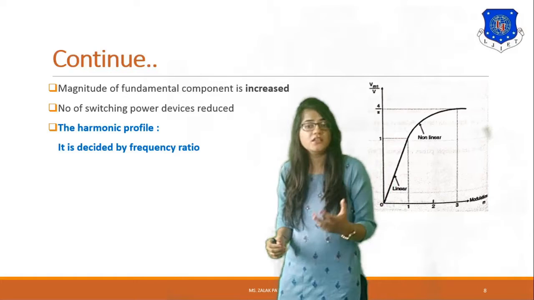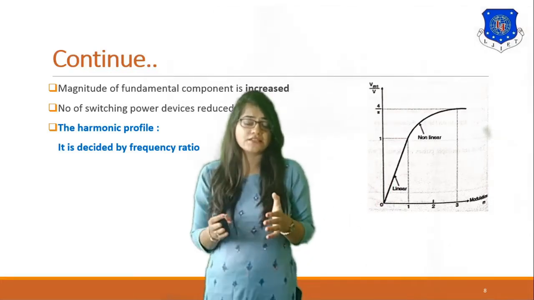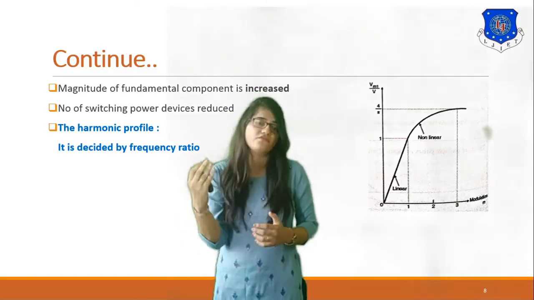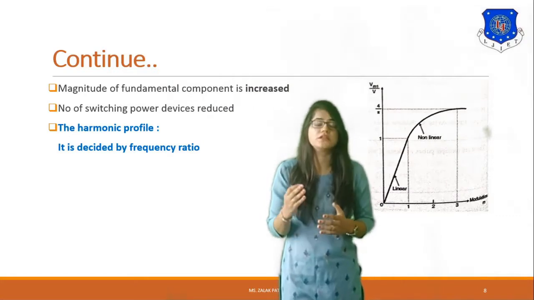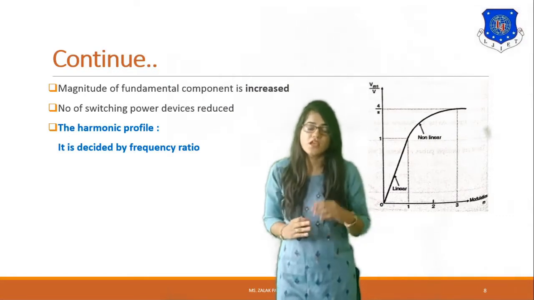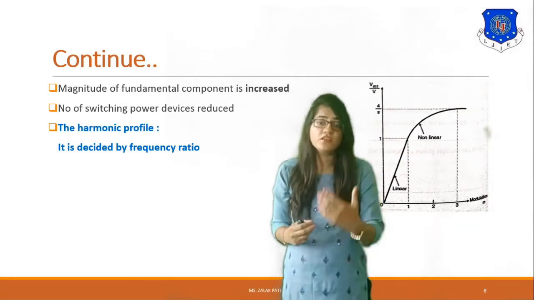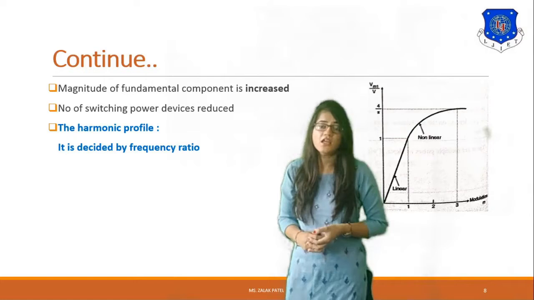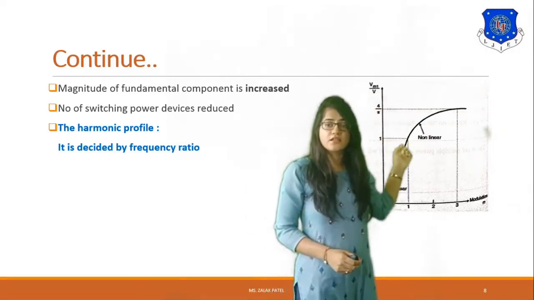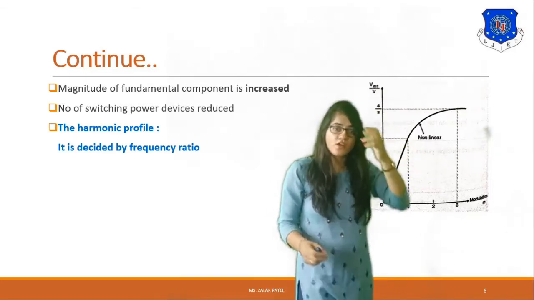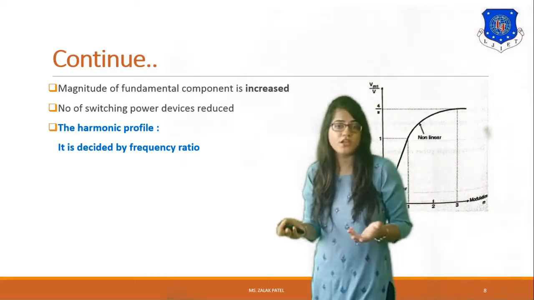When we apply a higher value of modulation index, then the value of the modulating frequency gets higher. Means if we take the ratio for the modulation index, FM upon FC, then in this case the FM value is much higher. So if the modulating frequency is much higher, then we get more modulation index, and it gives the non-linear graph. Means in this case over-modulation should be avoided.